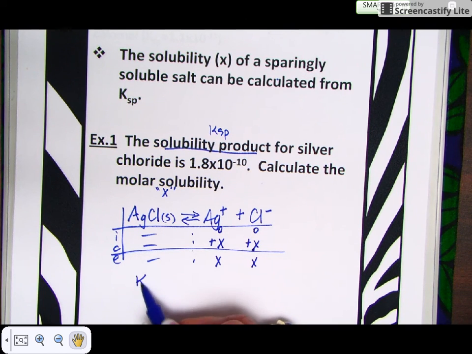Write your law of mass action. KSP is going to be equal to the concentration